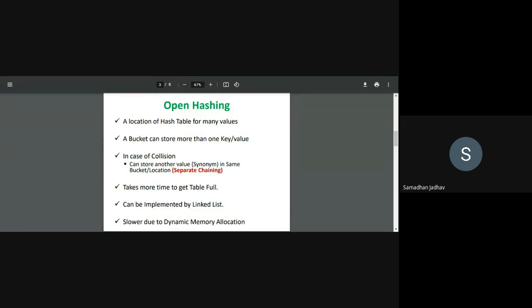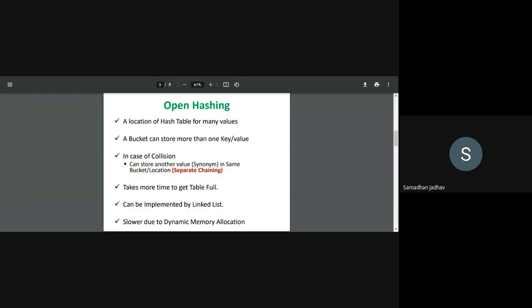So what does that mean? A bucket can store more than one key or value. A single location of a hash table is a single bucket, and it can store more than one key or value, right? So if there is a collision,